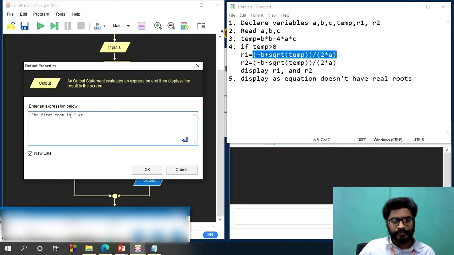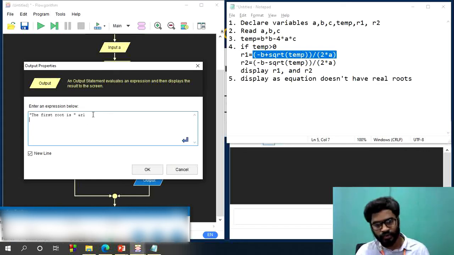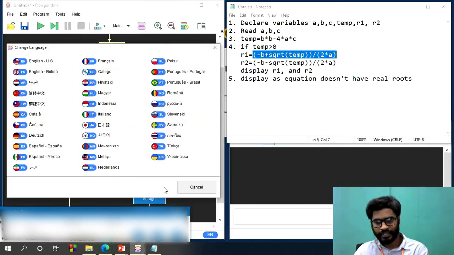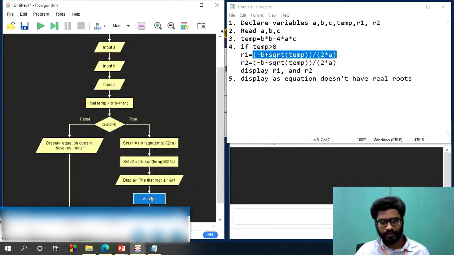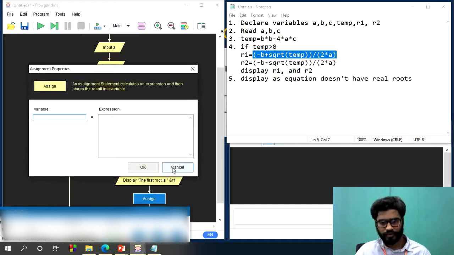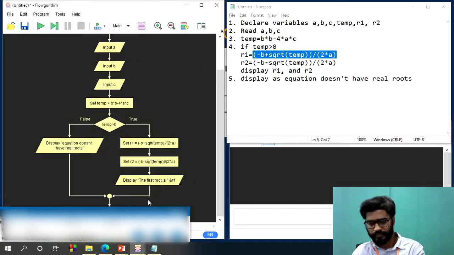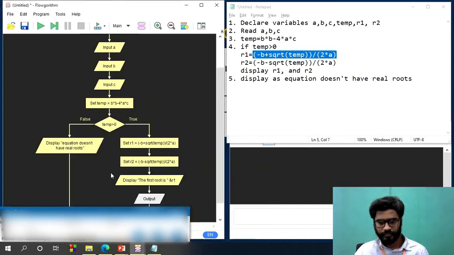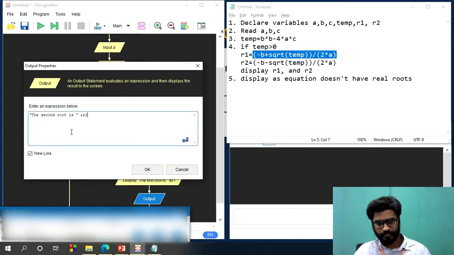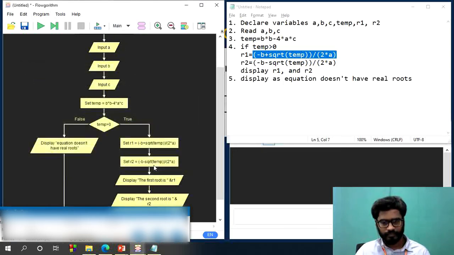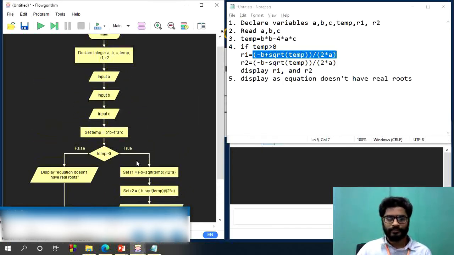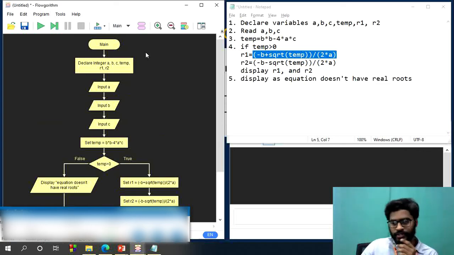What it will do is combine this message as well as the value that is there inside R1. And you would like to display the second root also. You need one more output statement. This is the second root. So this is your algorithm, that's it. This is the algorithm to find roots of a quadratic equation.